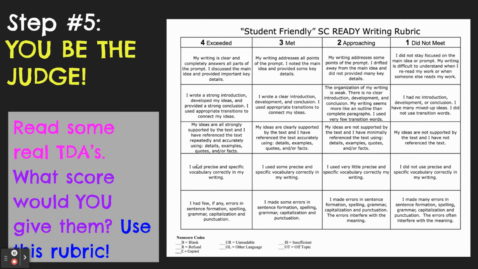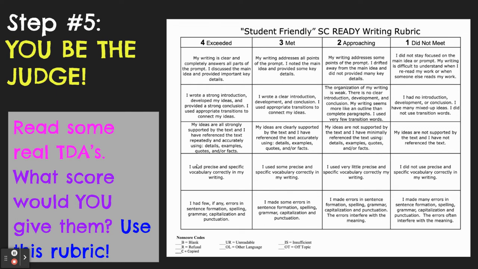Transition words are like in conclusion, or on the other hand, or in addition to. Those really help smooth out your ideas. The ideas are supported by evidence, details, quotes, facts from the article. There's some good vocabulary, and there's some errors, but there are not too many errors to really distract you from